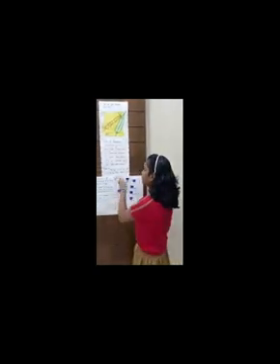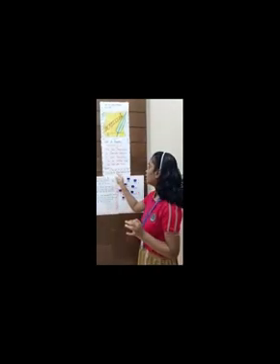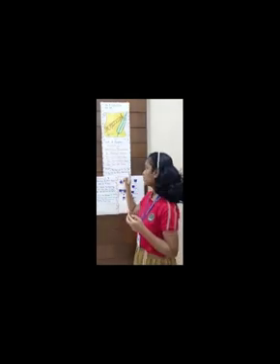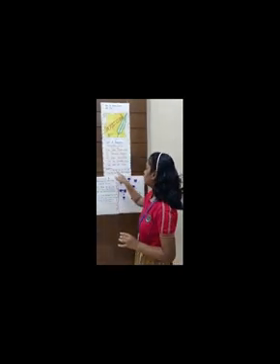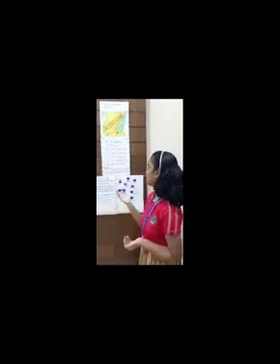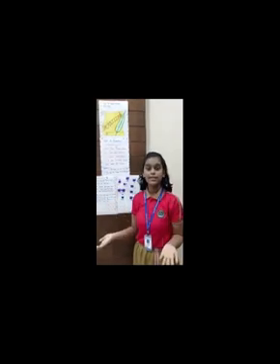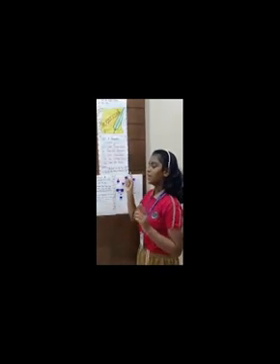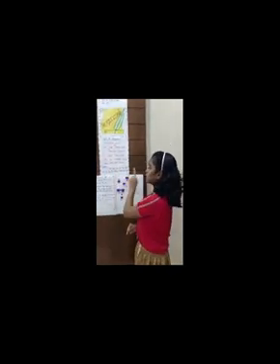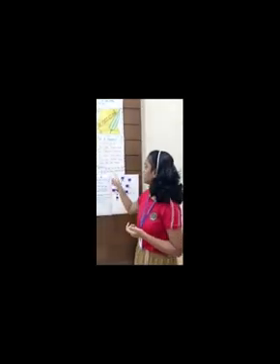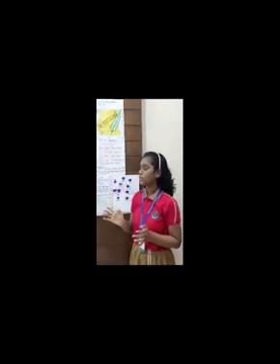For example, the ball is on the table. Where is the ball? The ball is on the table. Here, the ball and the table are nouns, and this word on is a preposition which keeps a relation between ball and table. Our second example is the man is sitting under the tree. Where is the man sitting? The man is sitting under the tree. Here, the man and the tree are nouns, and this word under is a preposition. Under is a word which keeps a relation between man and tree.